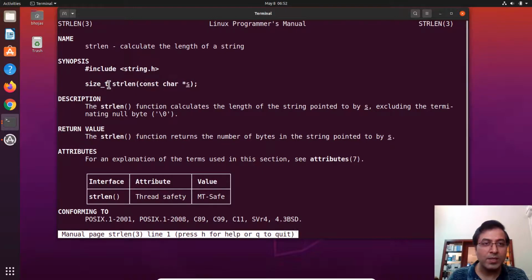What does it return? It returns size_t. Now this is a question, right? This is a $1 million question actually. What's a size_t? Is it a fundamental data type? No, not at all, because Kernighan and Ritchie, the creators of C, never defined size_t as a fundamental or primitive data type. Okay, so size_t is basically a